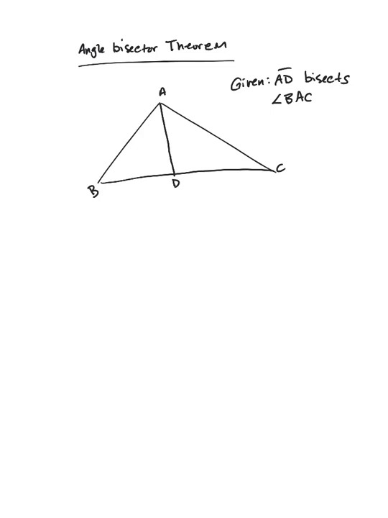Okay, we're going to prove that AB over BD is equal to AC over CD. Okay, I'm not going to make it a very formal proof, but this is where this theorem is